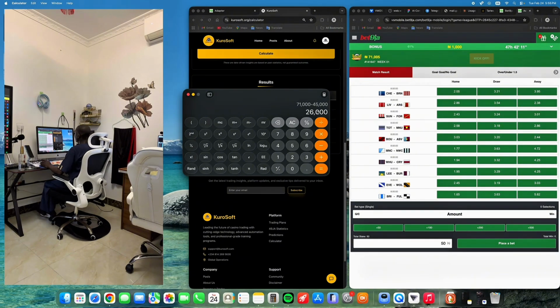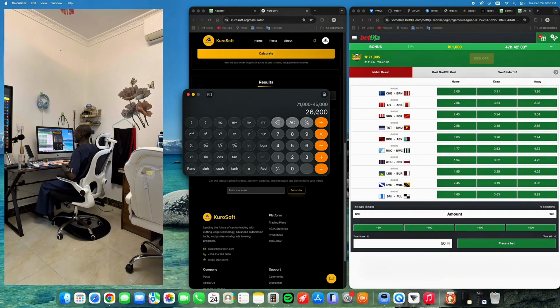So when people ask how much can I make from a league, is it possible to make up to this amount in a league in a day? You see, that amount you're asking can even be made from just one week. Okay, so let's be realistic. It can be made from just one week, not even one league. So if your target is daily 100,000, sure, you can actually make daily 100,000 at ease from a single league.